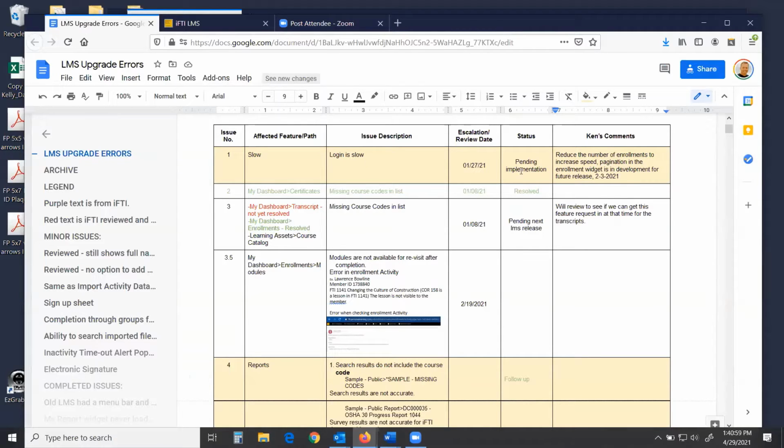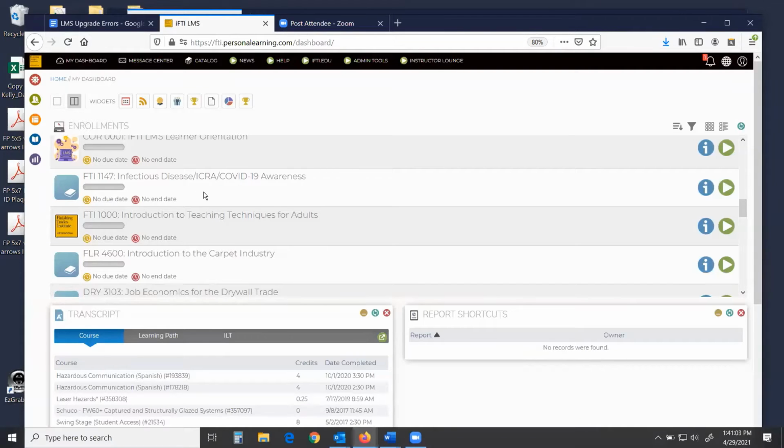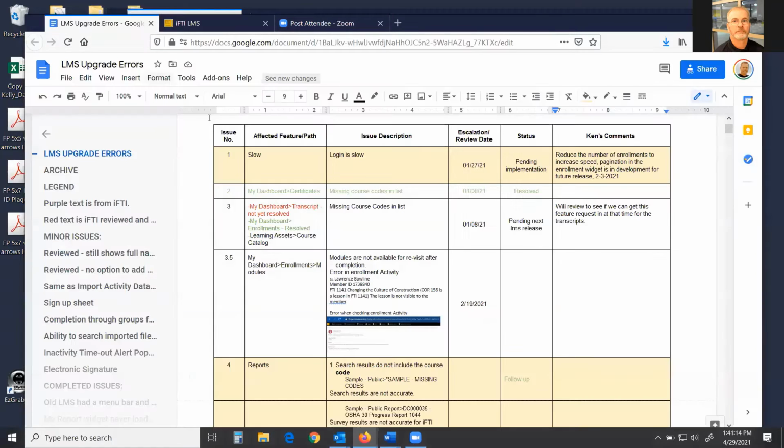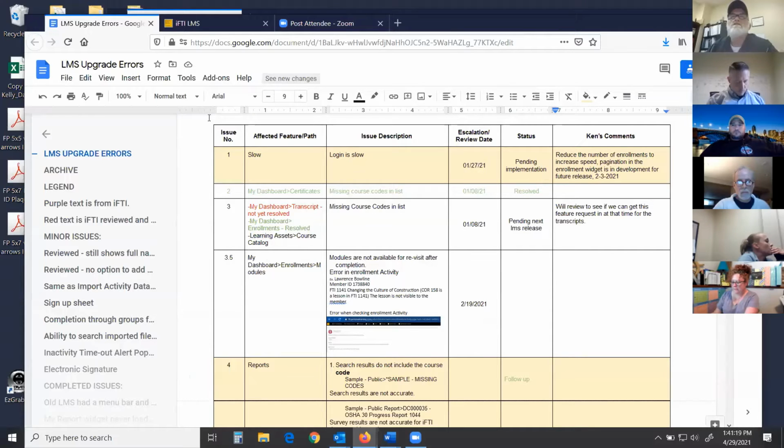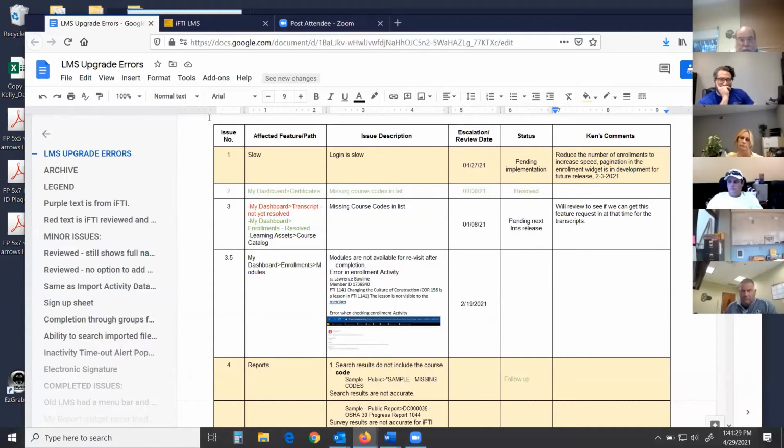I believe the next version will have this screen paged. So the first page will load and then load the balance of the pages, so it will be a lot quicker the way the LMS loads the enrollments. Everything else in the LMS has been fine: the data, the reports, launching of courses, all that kind of stuff. It was really just the excessive amounts of enrollments with all the data that's needed for those tiles to load properly.